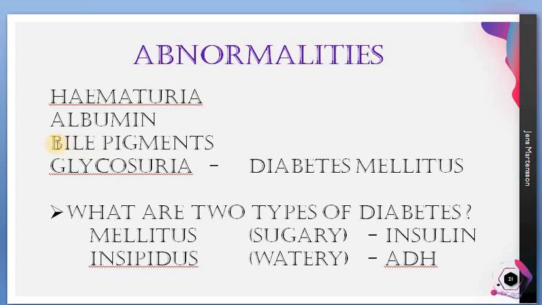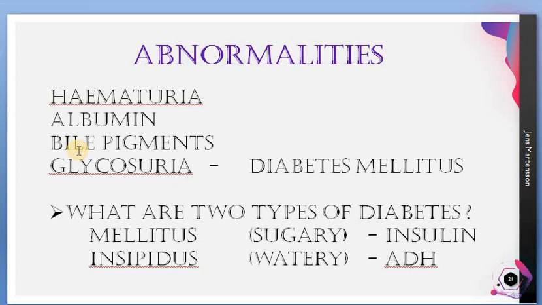The next condition is presence of bile pigments. These bile pigments are actually produced by our liver, isn't it? So if there is any problem in the liver, like anemia, or hepatitis, or liver cirrhosis, in those sorts of liver disorders, the person's body will send bile pigments into the urine. So bile pigment starts to go out along with the urine. So these are the 3 major disorders.